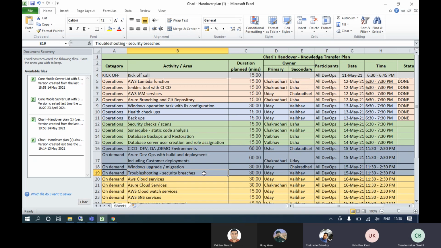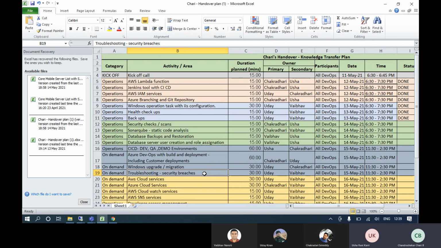Chakradhar, do we use any tool? Actually, we can go with a third party tool, but in Azure Migrate itself we can migrate from AWS to Azure, and from any kind of environment too. It is an integrated Azure service called Azure Migrate. We can go with that. Okay, even I'm not sure. We have not done it till now, right? We haven't done it.